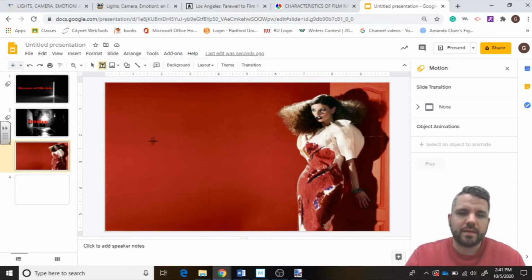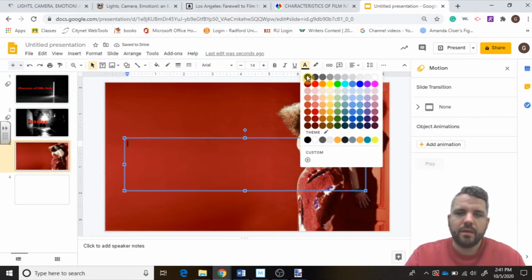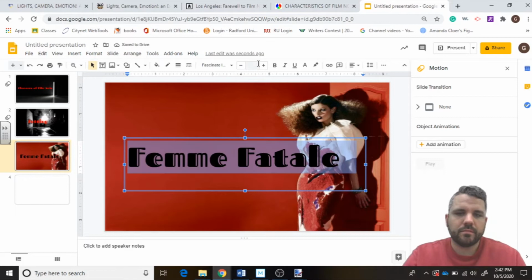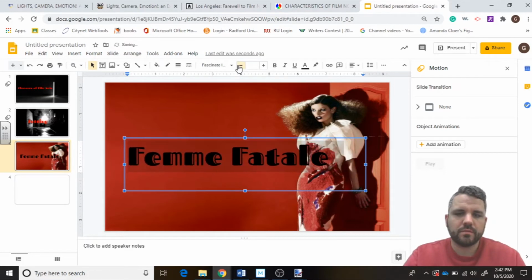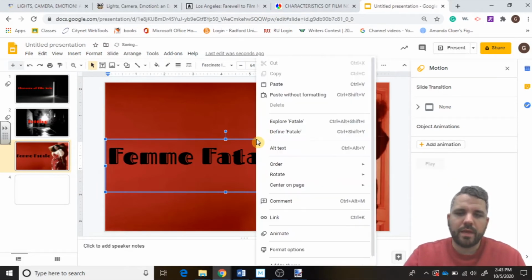So we're just going to add text, and we're just going to do black this time instead of red. We'll say Femme Fatale. Highlight, make it a little smaller, pull it out a little. We want to send it backward, and we want to animate,